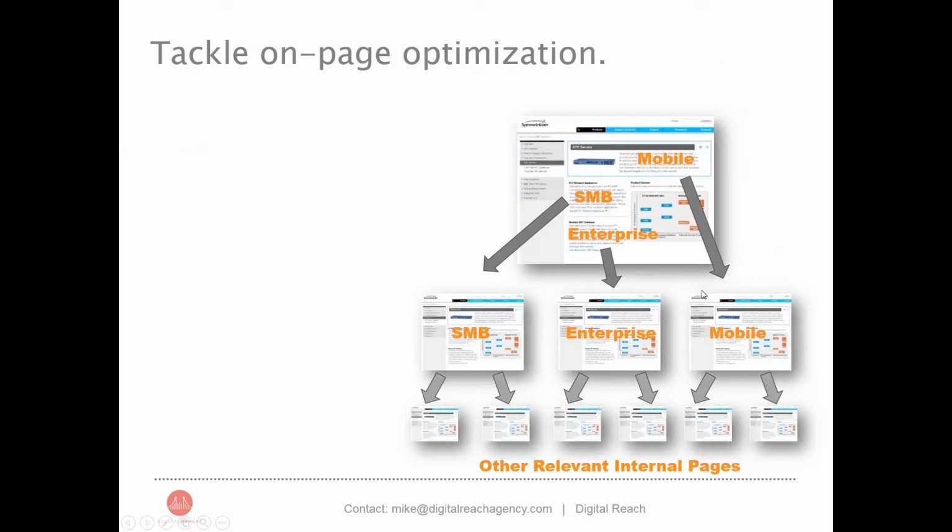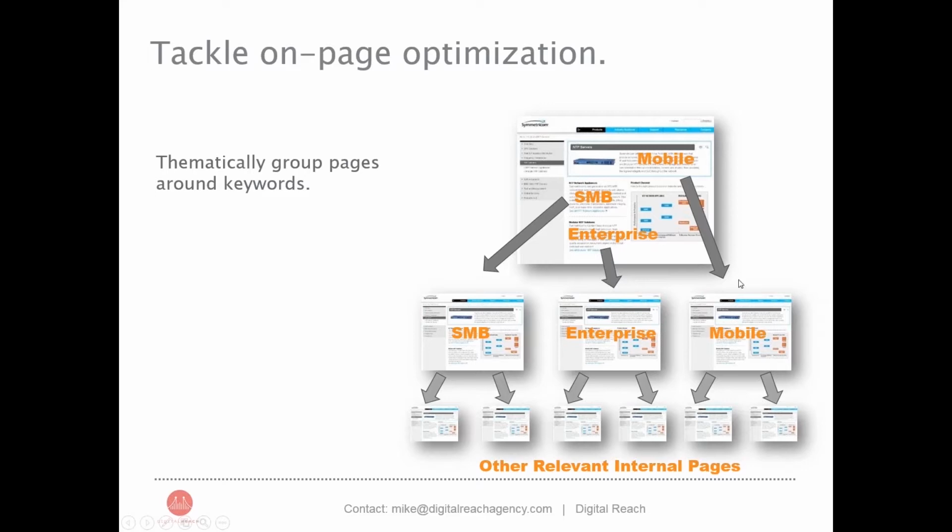All right, so then going one step further in terms of tackling on-page optimization: where you link. Again, 200 variables Google's looking at. Getting links from other websites to reference your website is super important, but also important is linking within your own website. And what do I mean by that? This is a way to thematically group pages around keywords. So if I mention certain keywords that I care about on my homepage and I link them to the right sections of the website, the way Google is able to go from page to page is by hitting links, right? So when they hit a link about mobile, whatever, and you send them to the mobile section,